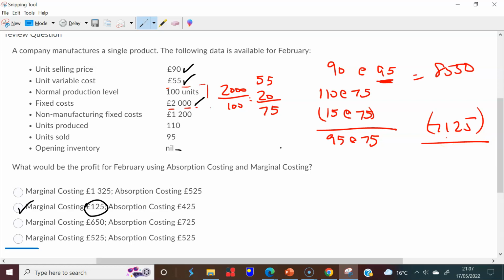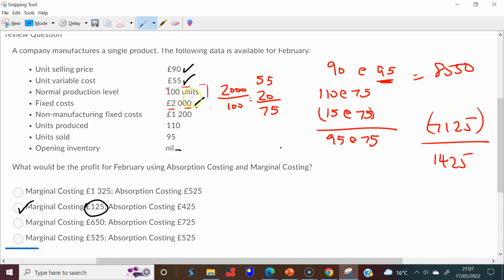So you have 8550 minus 7125, which is 1425. That's the first thing, right? Now, there is a slight issue, because when you did this, the idea was that you were going to absorb